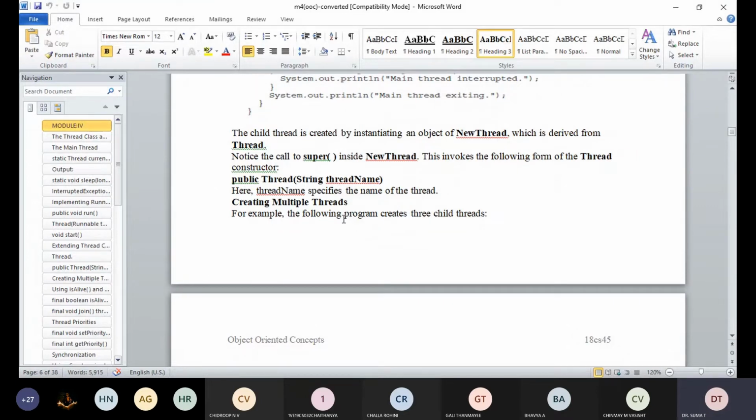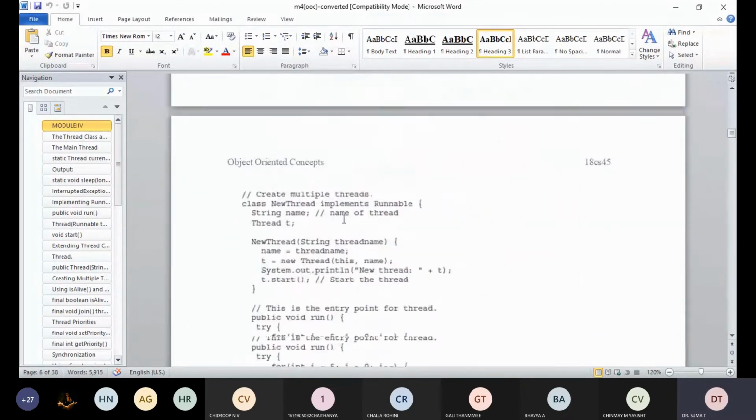It is going to specify the name of the thread. Suppose you want to create multiple threads, say two threads, one is the main thread, the other one is a child thread. However, your program can spawn as many threads as it needs. For example, take this example, when you are going to create a new thread.